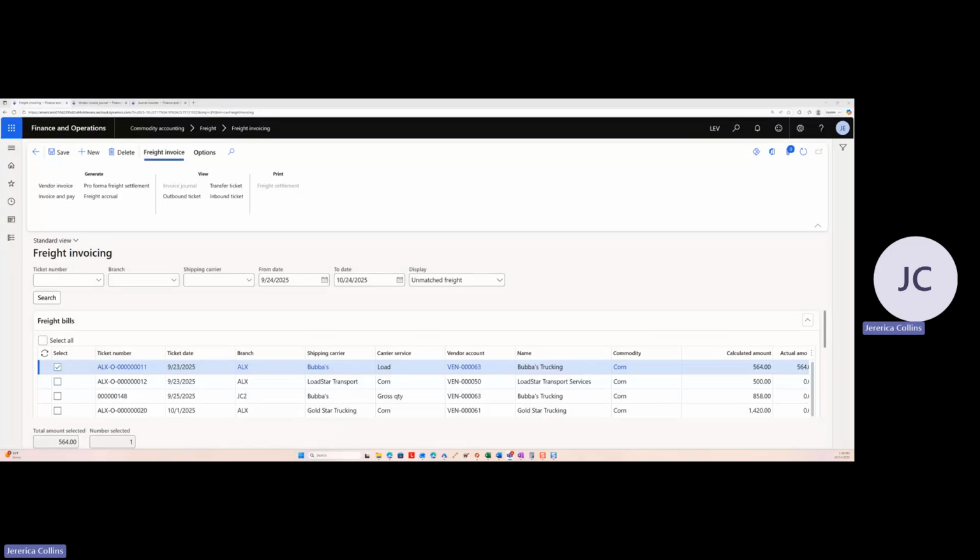We have added a new feature in 2025 R3 that is called Freight Invoice and Accrual Journal Posting Date. The reason for adding this feature is for the month-end close. Not all of the financial steps can be completed on the exact month-end day, so what we have done is